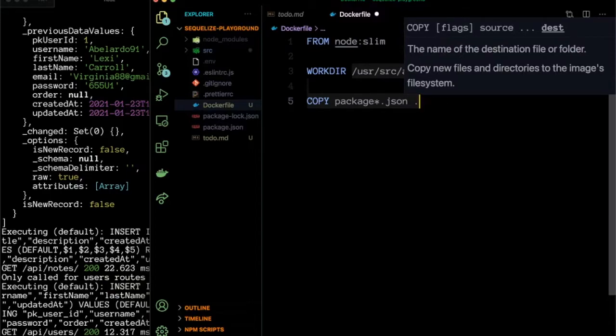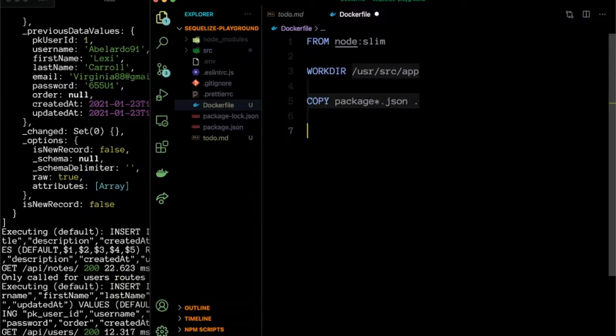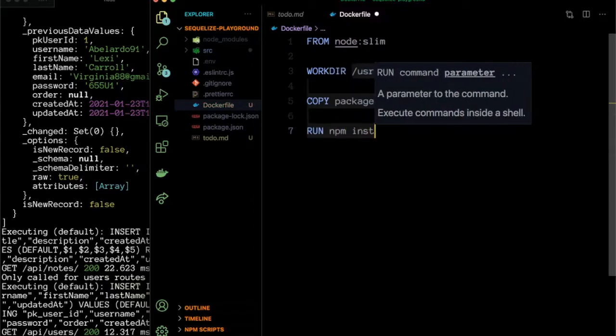So the thing is basically our application code changes more often than our library code, right? So whenever you add a new route, or suppose you added a logger to debug things, you don't want to install your dependencies every time because they haven't changed. So to do this cache busting thing, we basically copy package.json first, and then we copy the rest of the code. So now we will run npm install so that all our dependencies will be downloaded.